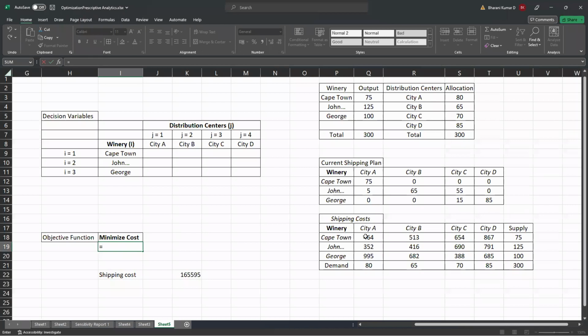So it'll be 464 multiplied by however many gallons you want to transport, plus 513 multiplied by however many gallons or liters you want to transport from Cape Town to CTB, plus